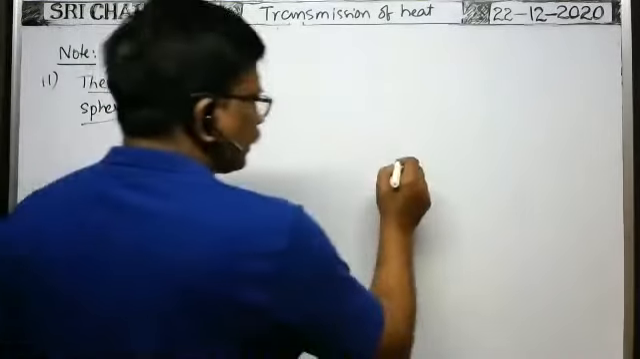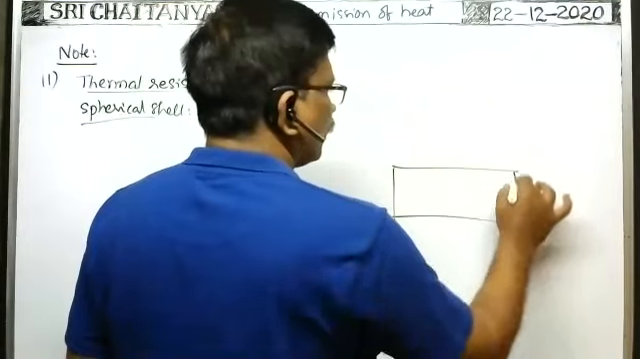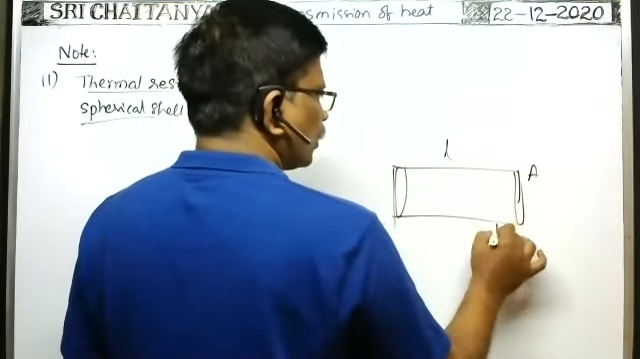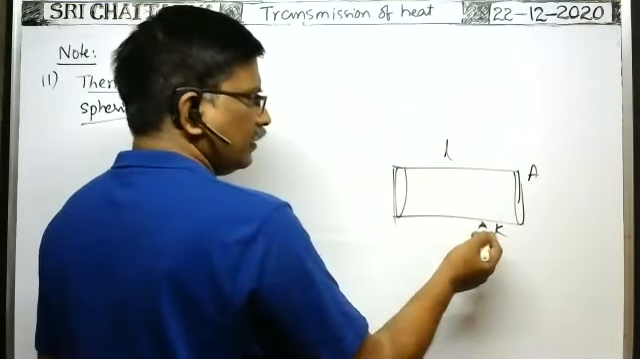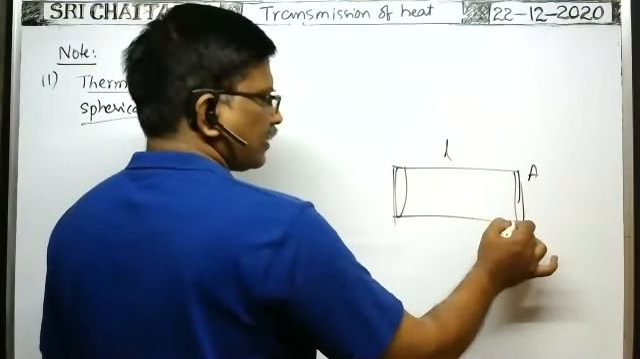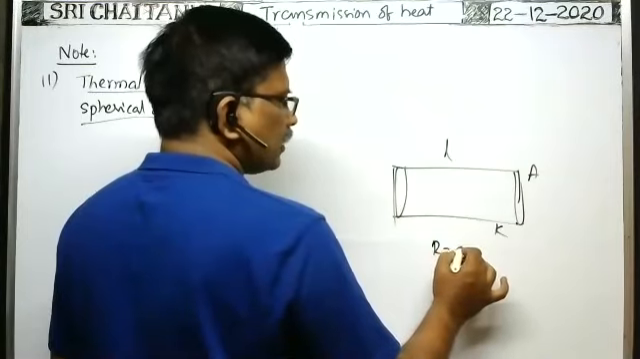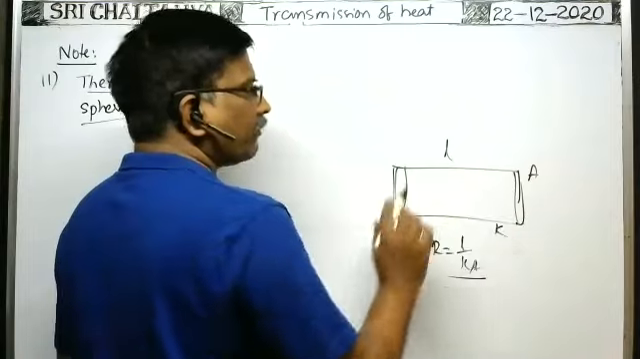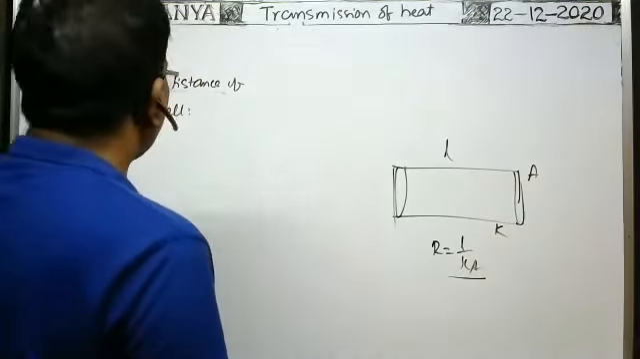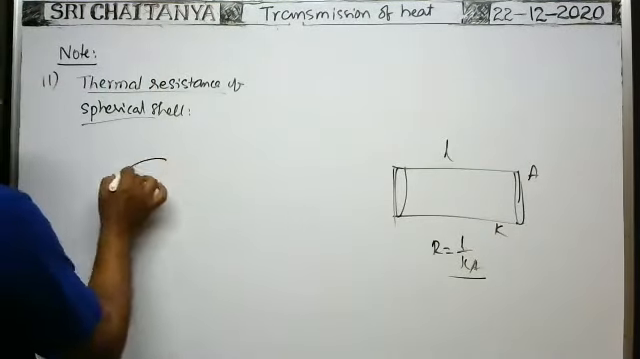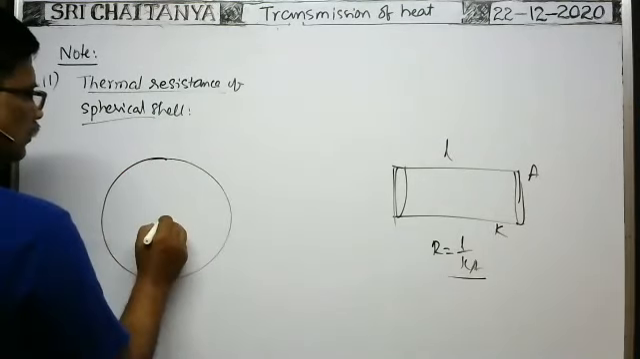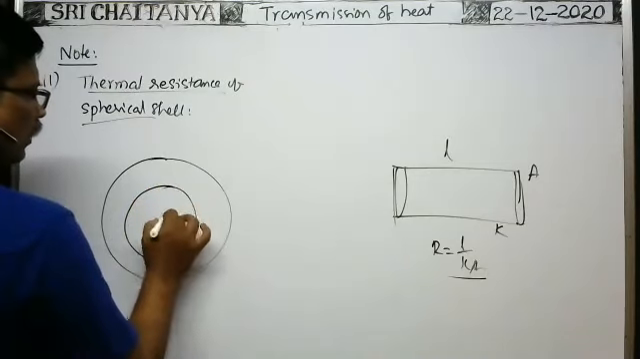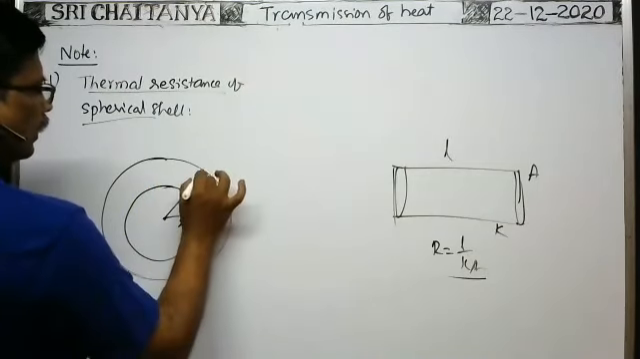Of course, if there is a rod of length L, cross-sectional area A, and coefficient of thermal conductivity K, with uniform area of cross section, what is the effective thermal resistance? Simply L by KA, where A is the uniform area of cross section. But in case of a spherical shell of inner radius R1 and outer radius R2,